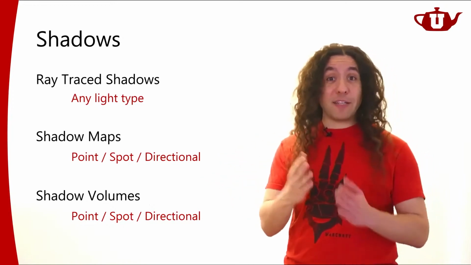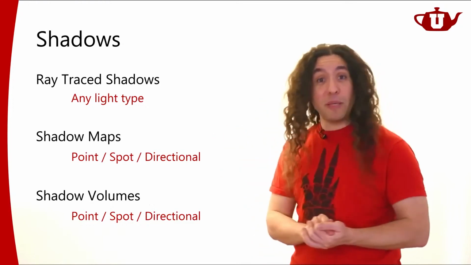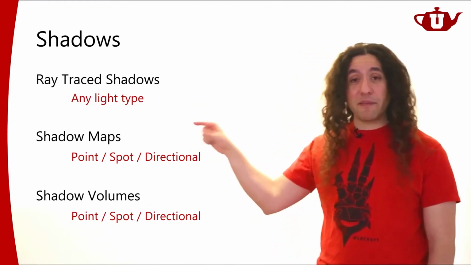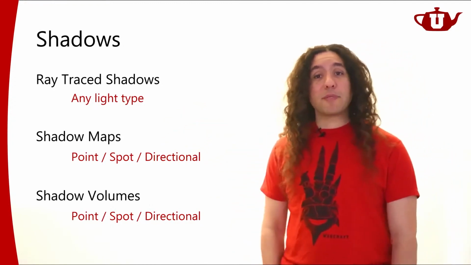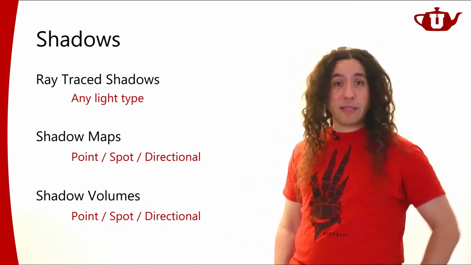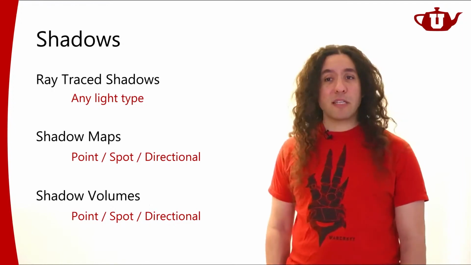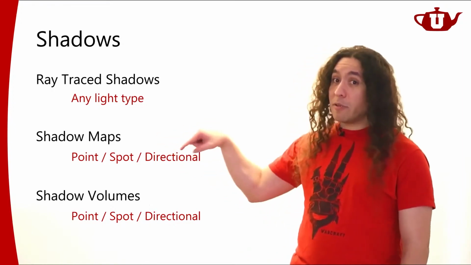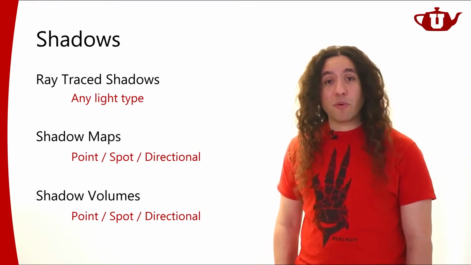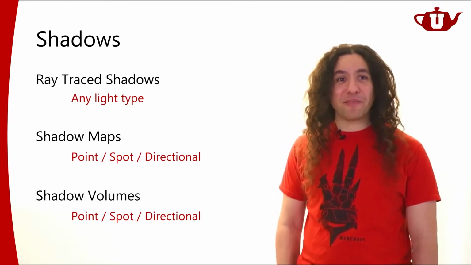Even in offline rendering, shadow maps can be preferred. Shadow maps are still used even in offline rendering, and definitely for interactive rendering. Shadow maps are a preferred shadow computation method, and that's the one that we're going to talk about next time in detail. But as I said, it has its own limitations, that it can only be used for these types of light sources. But on top of that, it provides us good performance, which is what we want in interactive computer graphics, right?